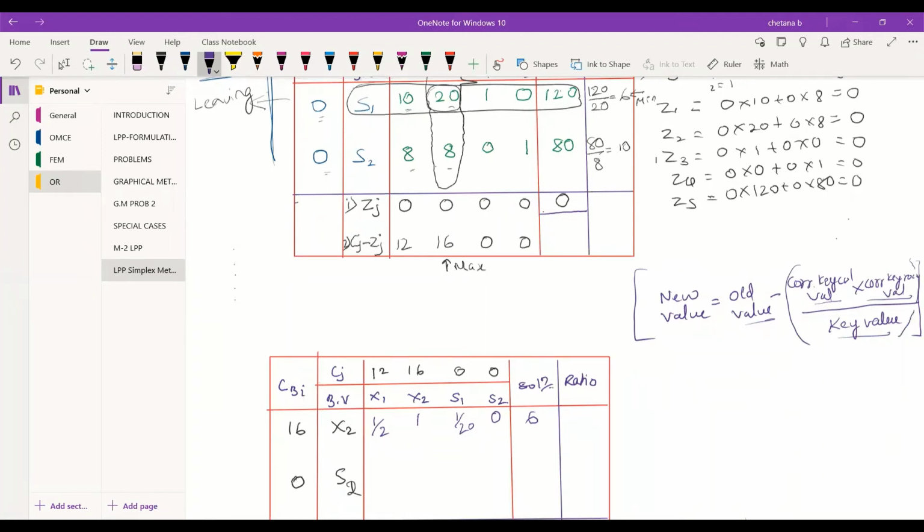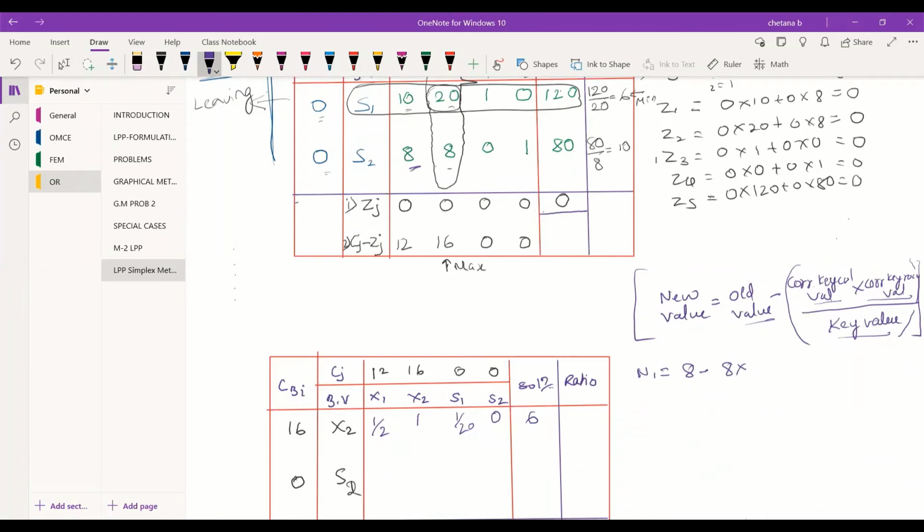Fine. Now we will try these all new values for S2. Let me take this as N1. First new value, what is the old value? 8 minus. So old value is 8, minus corresponding key column value. If you see the corresponding key column value for this row, it is 8 again. So 8 into corresponding key row value.